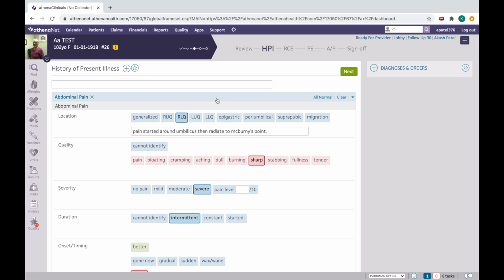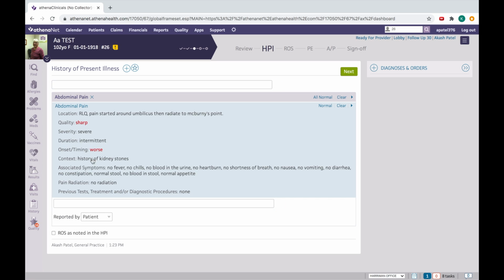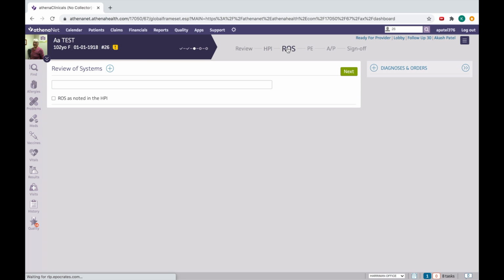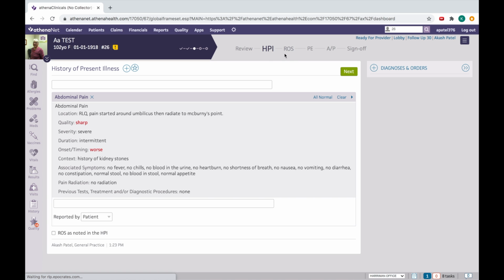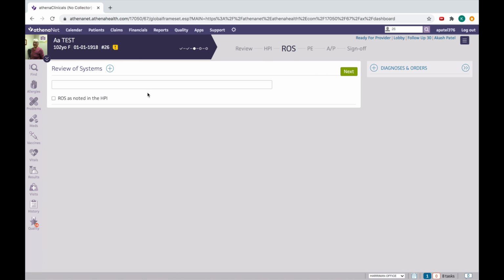If you want to shorten this tab, you can always click here and it will make it short, and this kind of thing will appear in your final history. For review of system, you can click here, or you can click next, and you can add your review of system.